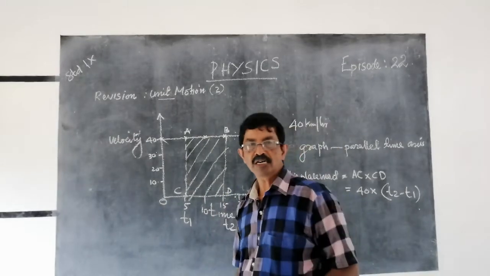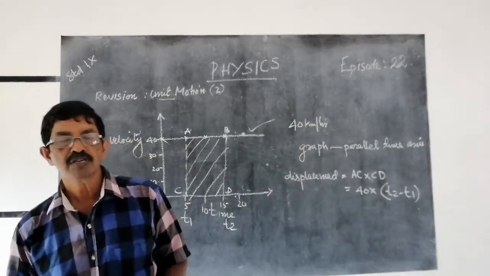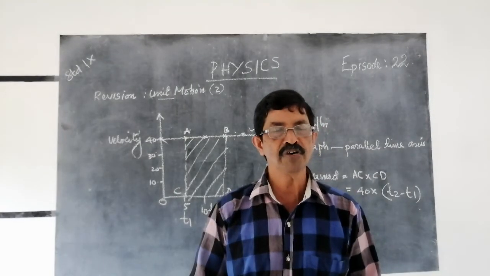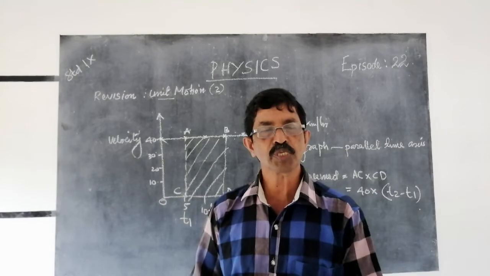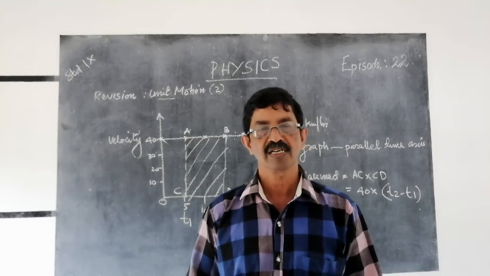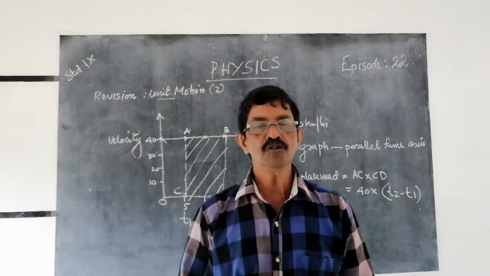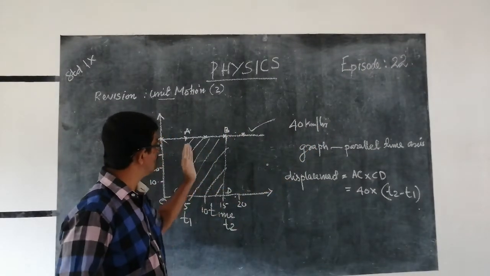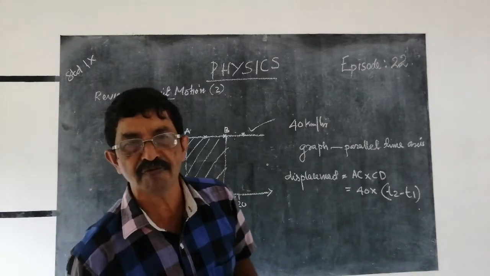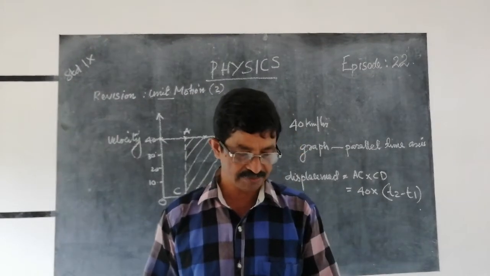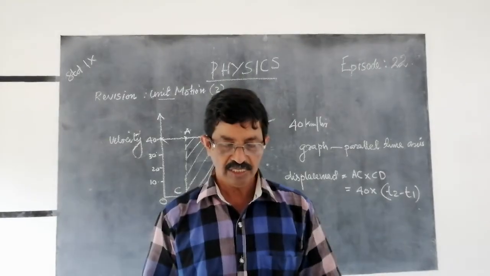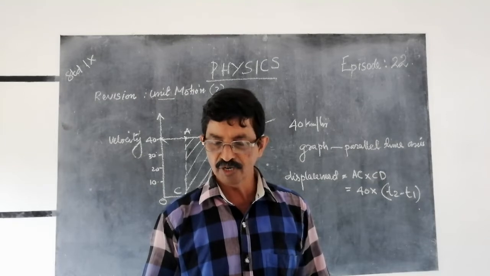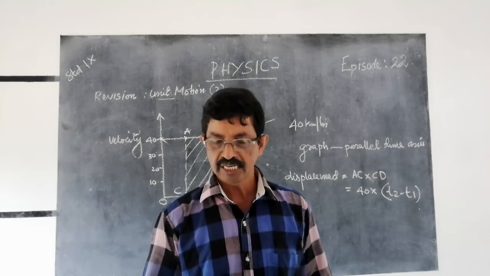Yes, it is possible. How do we know? In the case of a body moving with a uniform velocity, its displacement is equal to velocity into time, and that is equal to the area under the velocity time graph and the time axis. Now another question to you: can we study about